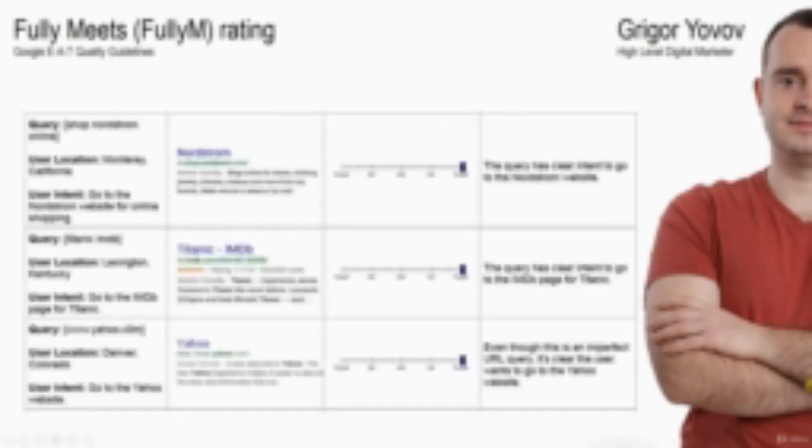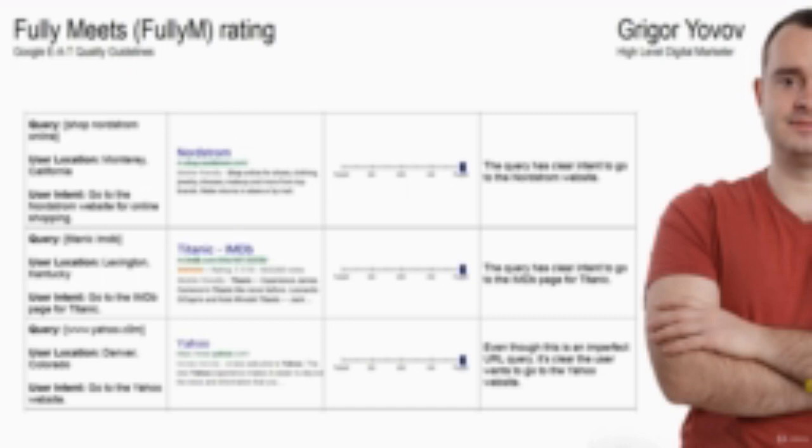Now let me show you a few more examples. The query is shop Nordstrom online and the user location is Monterey, California. User intent is to go to the Nordstrom website for online shopping, and you can see that the result is just the shop of the Nordstrom website, and the query has clear intent to go to the Nordstrom website, so it fully meets the user intent,